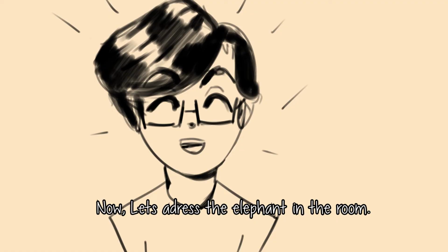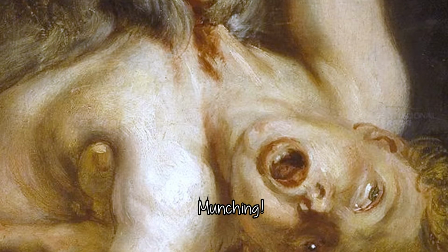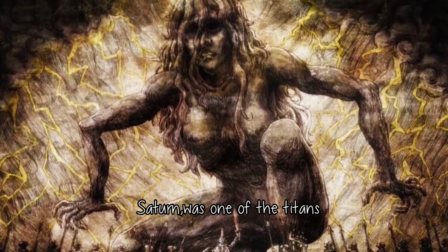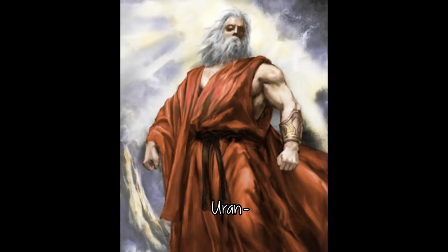Now, let's address the elephant in the room. Why the hell is Saturn munching on his own child? That's a good question. You see, in mythology, Saturn was one of the Titans, son of the primordial deities